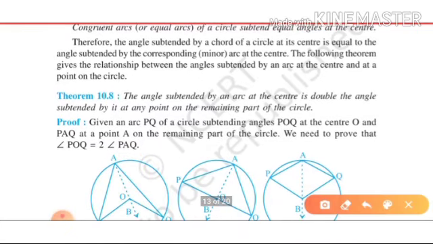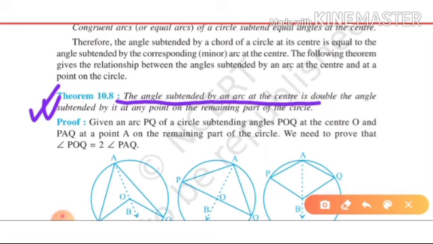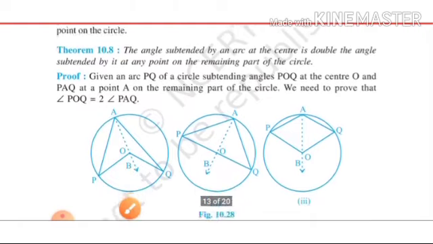Now we'll head on to the first theorem from this part, that is theorem 10.8. What it states is that the angle subtended by an arc at the center is double the angle subtended by it at any point on the remaining part of the circle. So that means